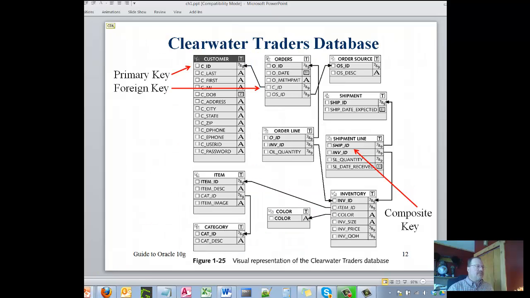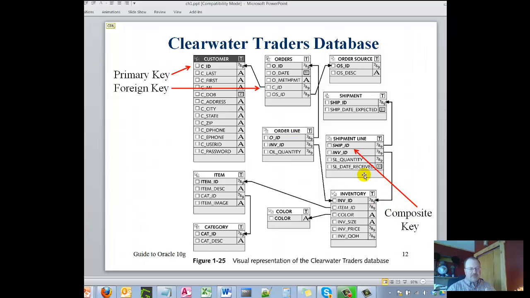Now, what we end up with, these primary keys and foreign keys, this is what this database actually ends up looking like. You have a primary key tied to a foreign key, primary key tied to a foreign key, a primary tied to a foreign key. This is that composite primary key. These are two foreign keys. You have to identify these as foreign keys, but then you can identify them as a primary key. Okay, now,